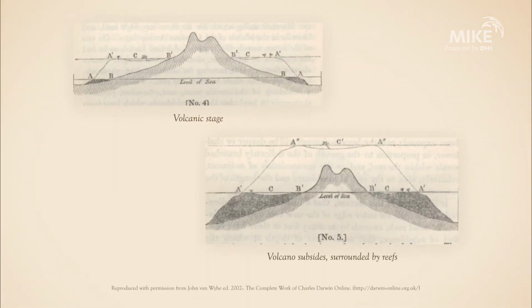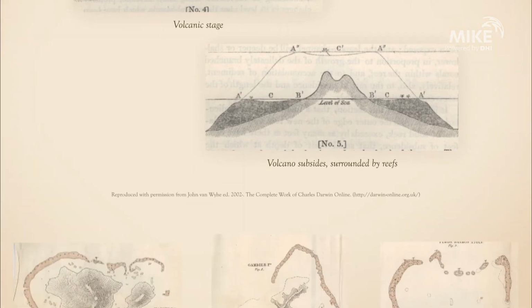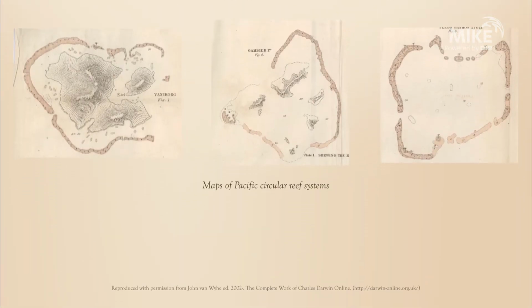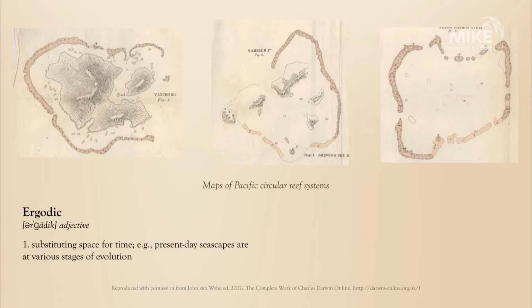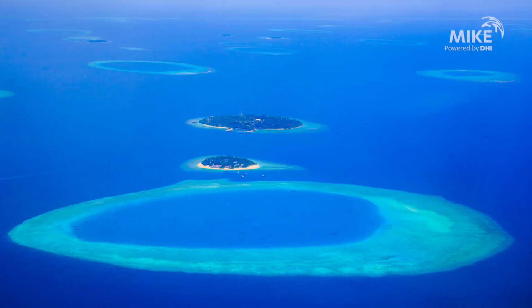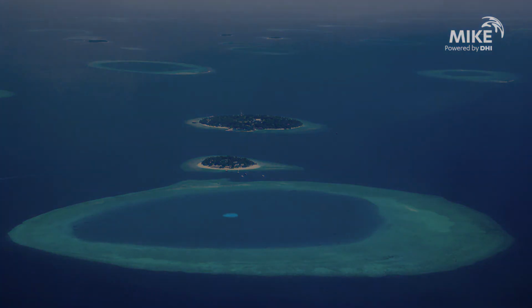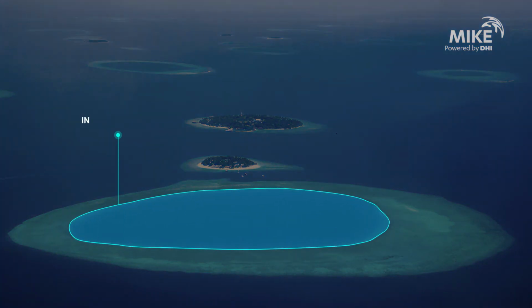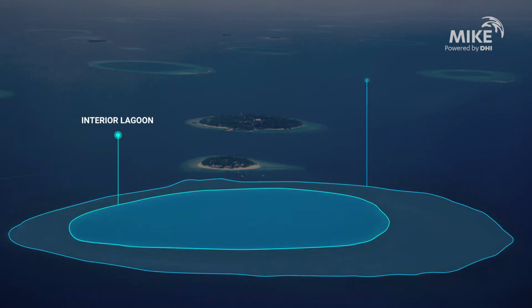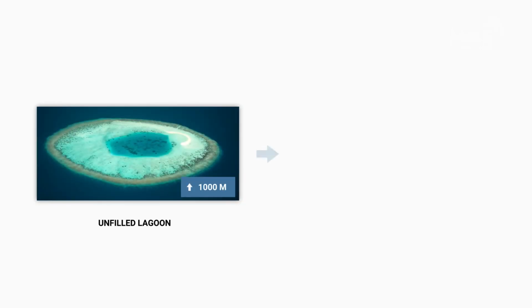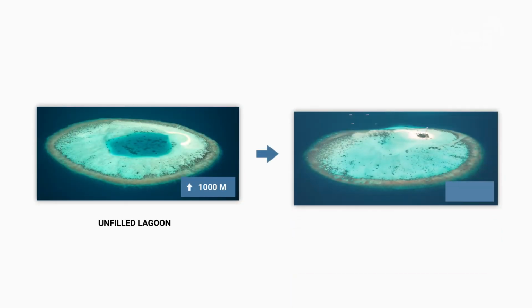to subsiding volcanic substrates. Darwin's approach honors the adage that the present is the key to the past, and represented the application of ergodic principles to geologic and geomorphic questions. In his study of Pacific atolls, Darwin emphasized the widespread geomorphic motif of an interior lagoon surrounded by a rigid reef margin. Expanding on this theme, researchers later suggested that the geometry of modern lagoons is a transient state in